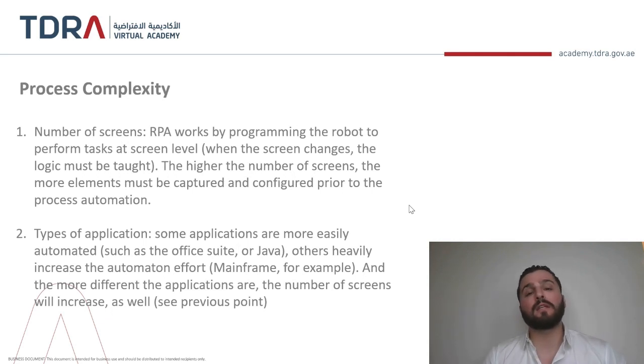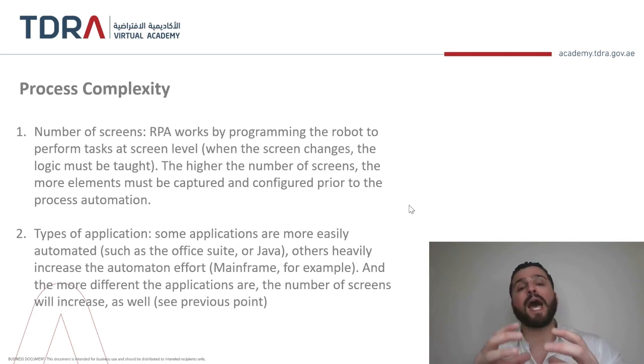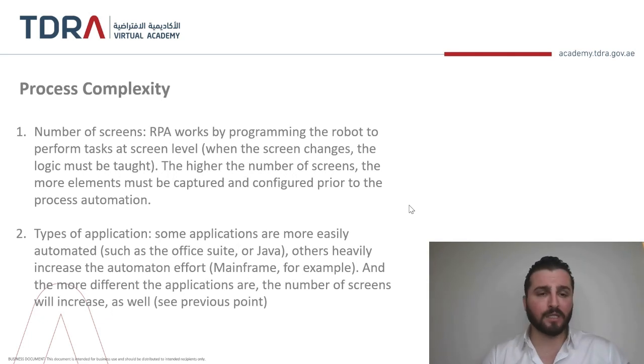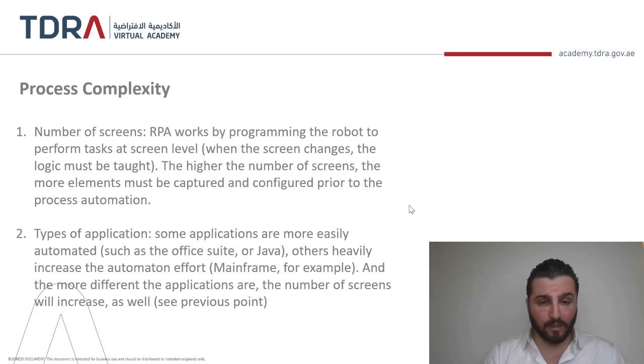Now, the other attribute that needs to be considered when we build the RPA is process complexity. Process complexity has different pillars and attributes that identify the complexity of a certain process. So we first identify the type, then we identify the complexity. Together, they give us the direction on how to transform and what needs to be transformed in terms of RPA. The number of screens is the first important factor. Type of application is another important factor that we need to work on.